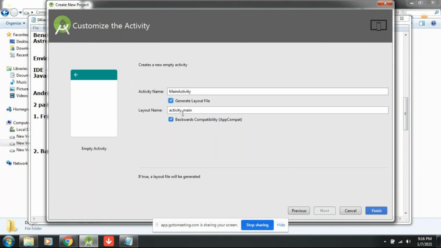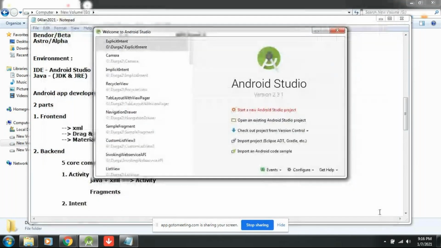Backward compatibility, that means AppCompat is a new library. Yes, we are supporting AppCompat. So keep this. You will get an activity Java class with the name MainActivity. You will get the layout name activity_main. Just keep it and click on finish. It will start